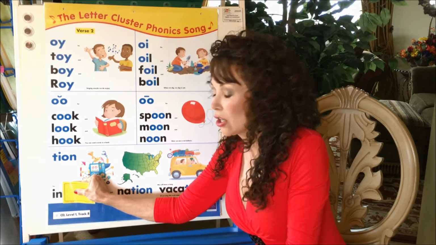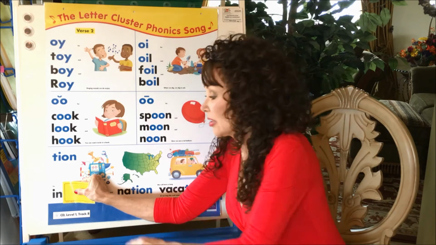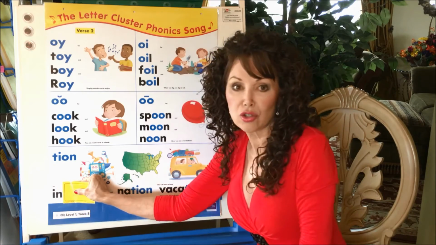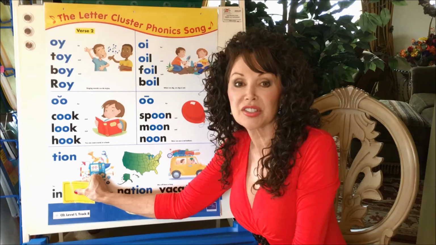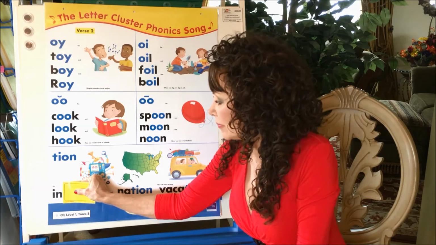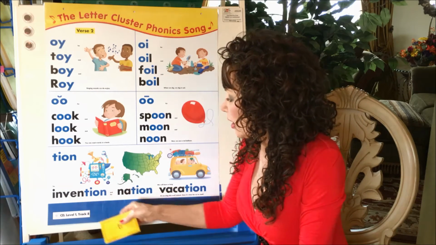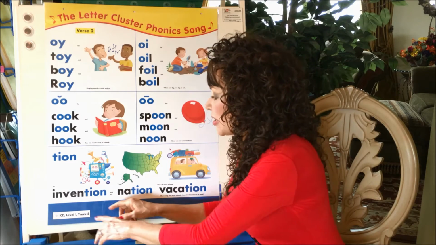And that's a closed syllable, isn't it? The N is closing the door on the vowel, so we know the vowel is going to be short, and it will say in. Now we're going to look at the next